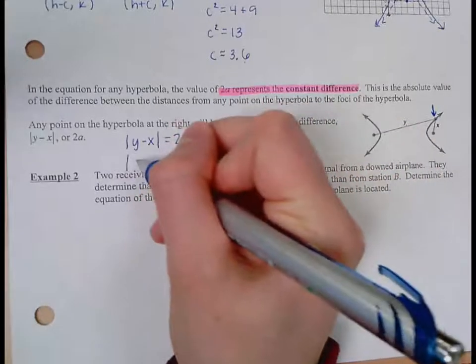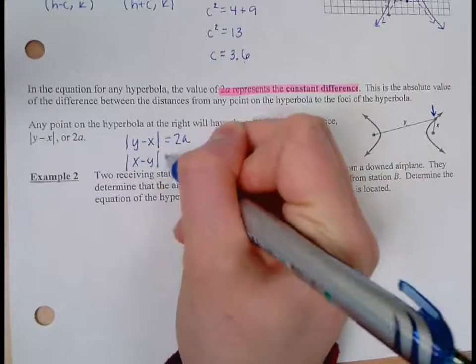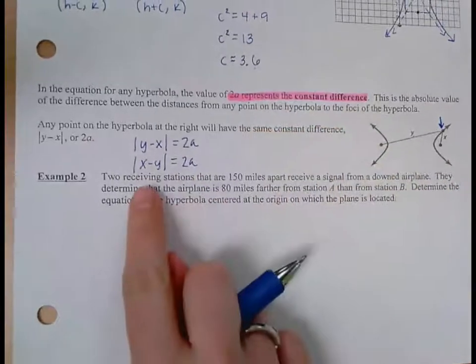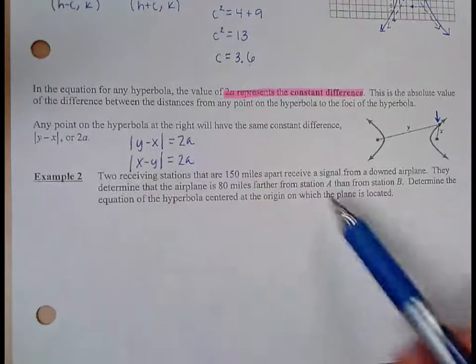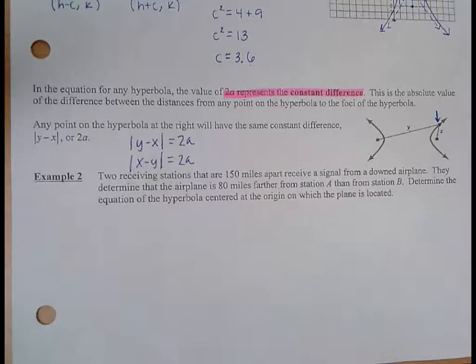You could also do x minus y, and that's why they have the absolute value, because a smaller number minus a bigger number will be negative, but we know that a distance should be positive. So we're going to use this in example 2